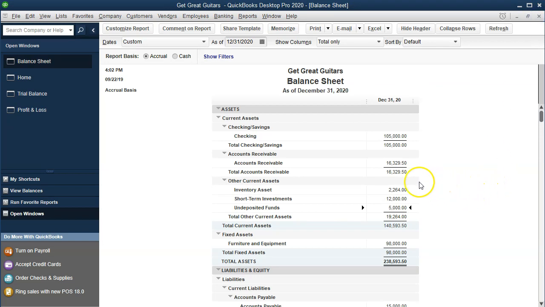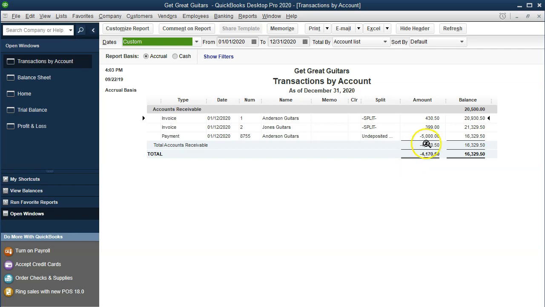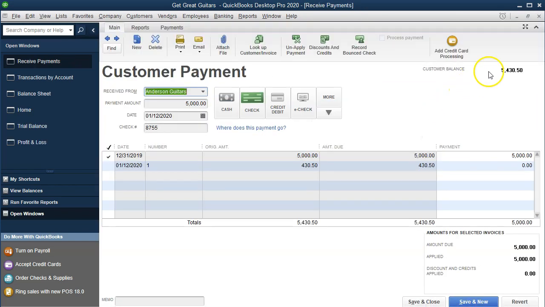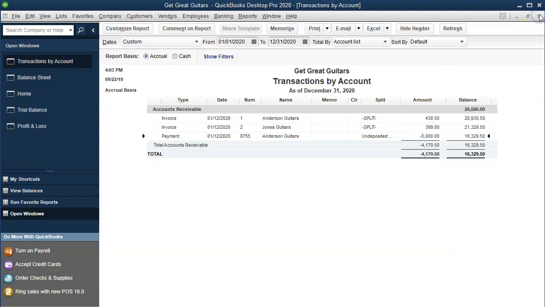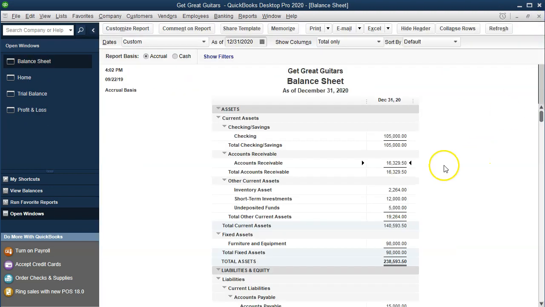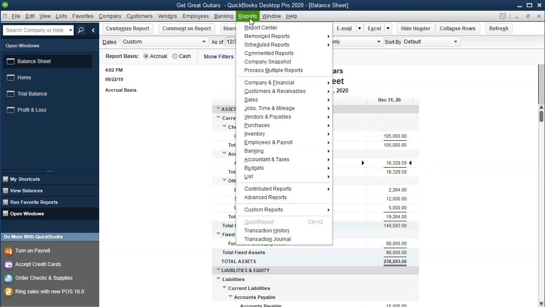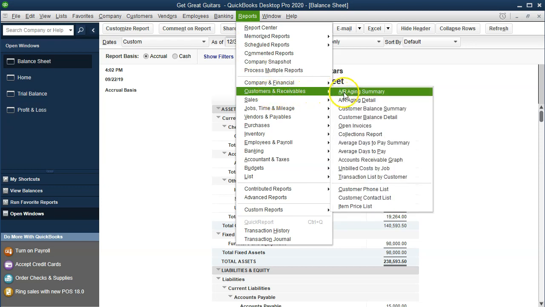The other side then going to accounts receivable. If we double click accounts receivable, it will be decreasing by the 5,000 as we see here in Anderson. So, and that goes to our customer payment. Closing this back out. This accounts receivable then should be supported by the documentation, another form by who owes us that money. Go into reports up top, customer and receivable, then go into the